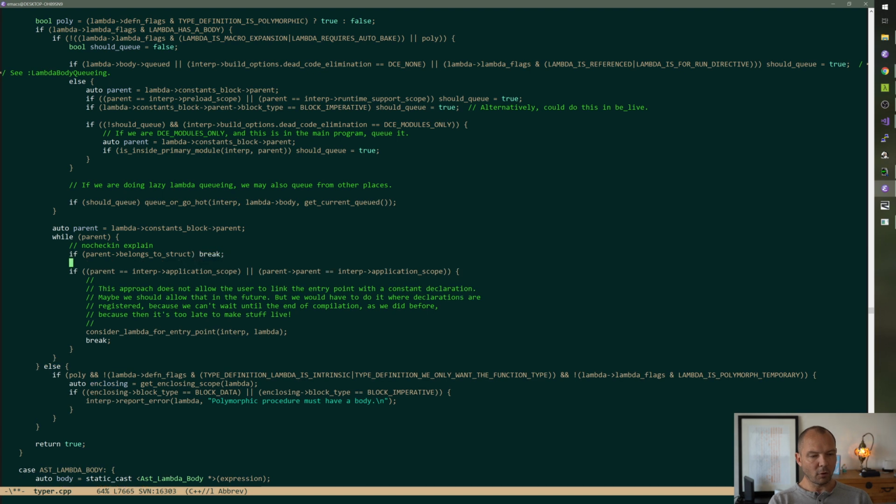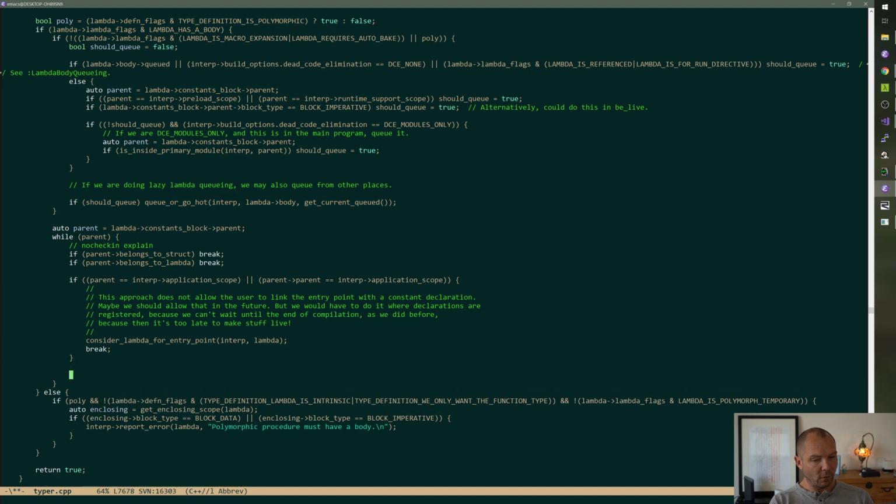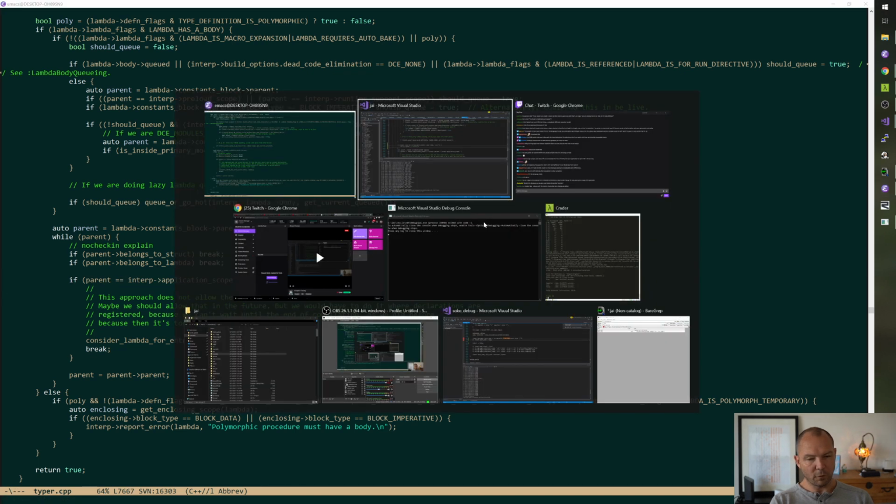So nothing in a struct, nothing in a lambda. And then if it's application scope, otherwise we go up, right? That's all. That'll fix it.